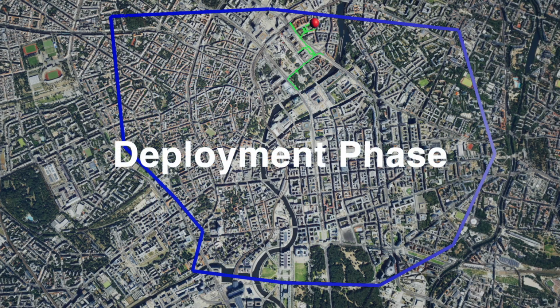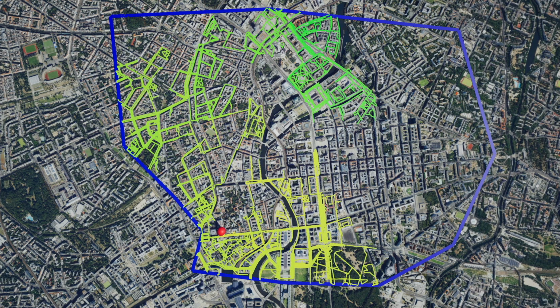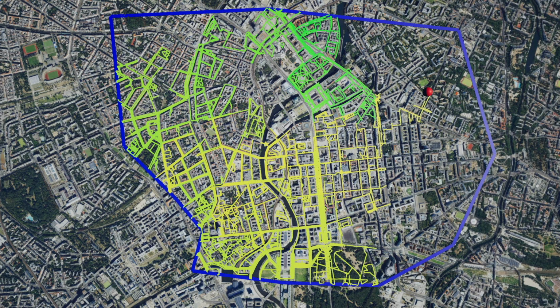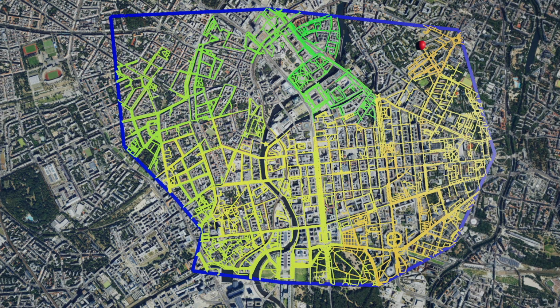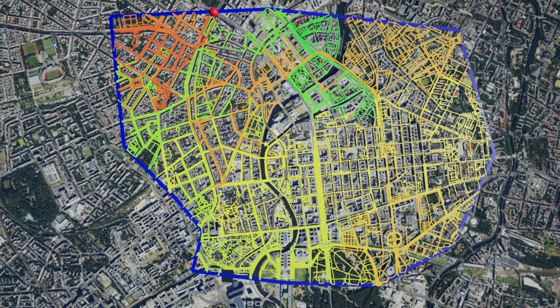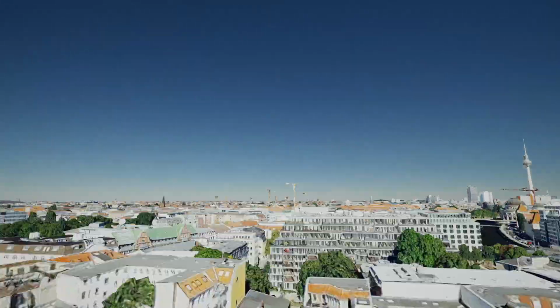In the deployment phase, we create a synthetic dataset for any 3D city mesh or set of cities. The database of geolocated images is created by sampling the 3D scene within specified areas. First, we generate a continuous path through the sampling area using street network data from OpenStreetMap. We continue by rendering images along the generated path similar to how a Street View car would capture images, with